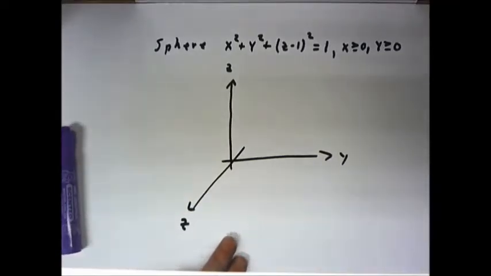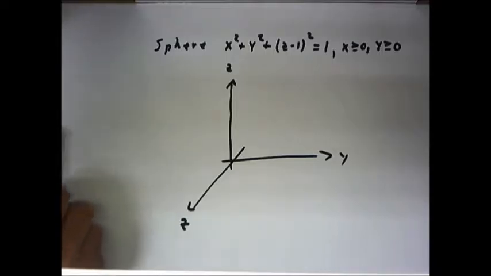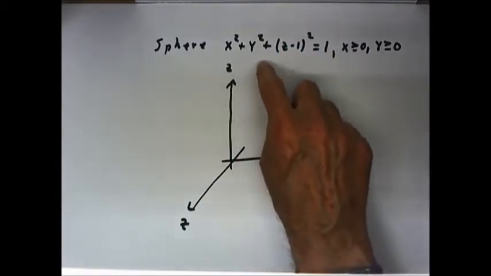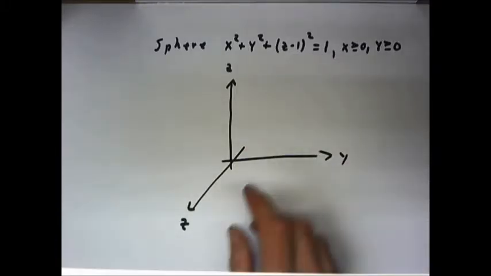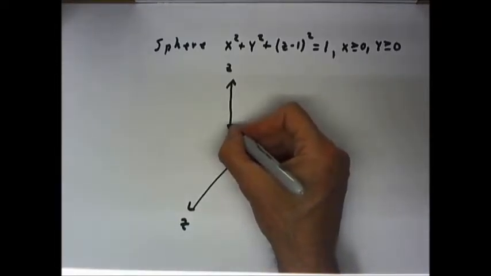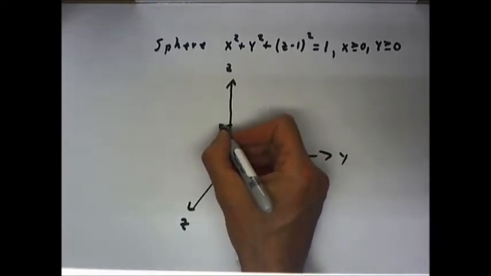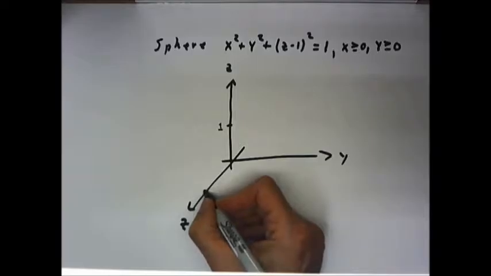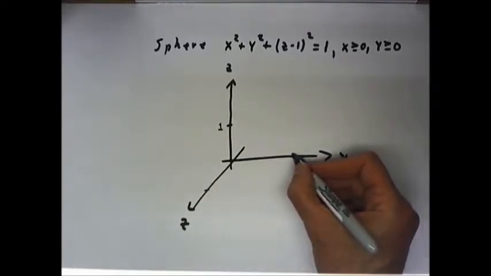Okay, let's think about where that sphere would be. Well, if you remember anything about the equation of a sphere, this is standard form for the equation of a sphere centered at 0, 0, 1. So this is a sphere of radius 1 centered at 0, 0, 1. Where is 0, 0, 1? Well, it's going to be right here on the z-axis at z-coordinate 1. Now if we got x equals 1 out here and y equals 1 out here,